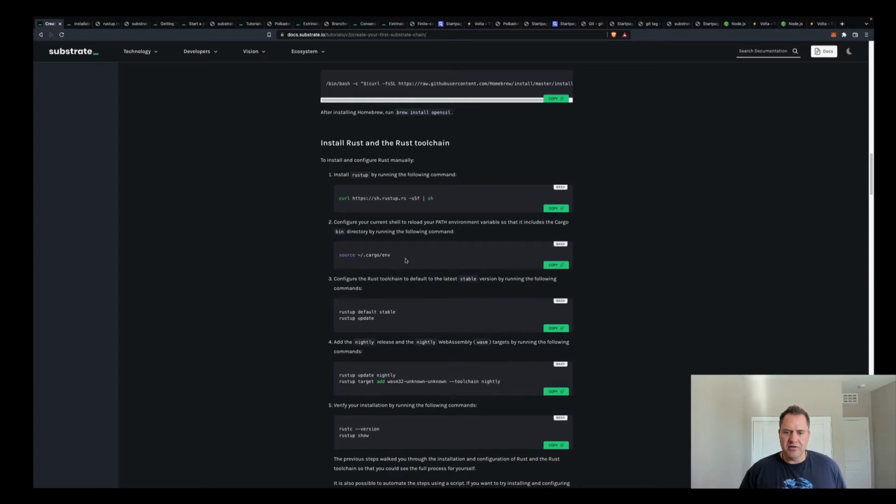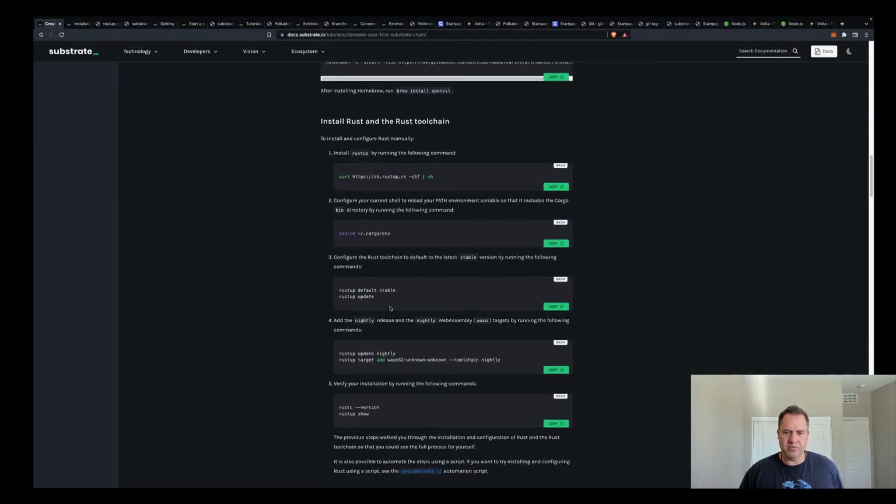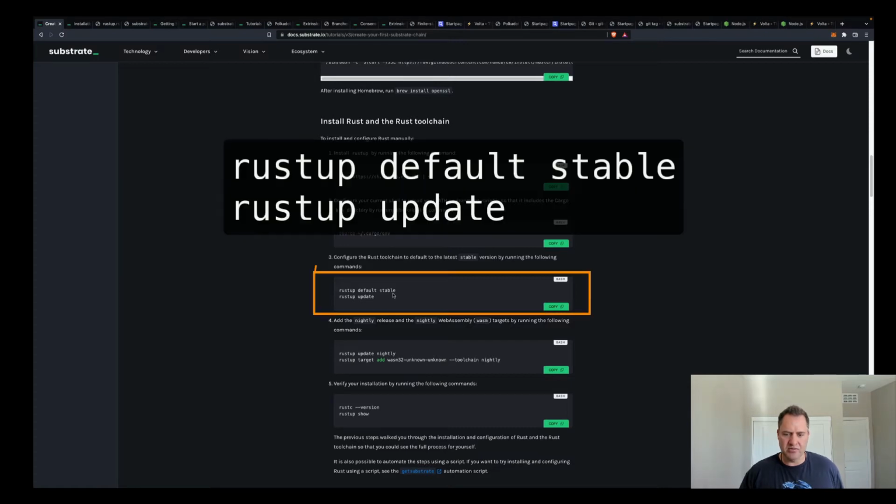Once you do that, then you can run rustup. The first thing we want to do is configure our Rust toolchain to the latest stable version by default. That's what these 2 commands do. The first one sets it, and then you update